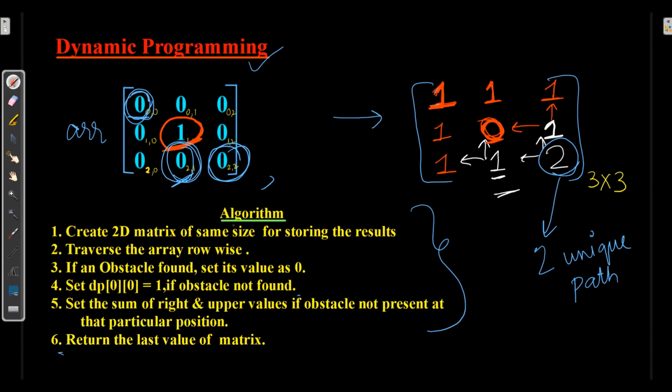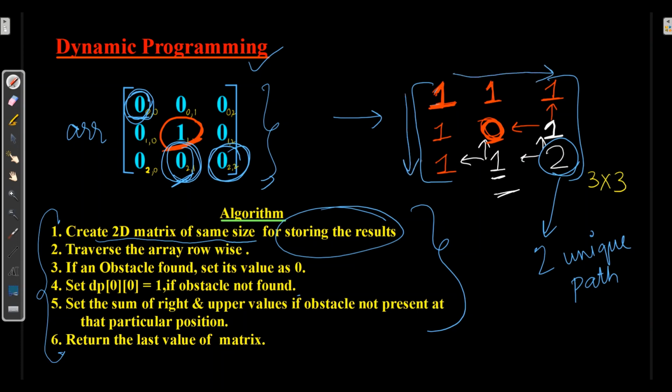So first of all, I need to keep these algorithm points in our mind. First, I need to create a 2D matrix of the same size as given in the array for storing the result, so that we can use it again and again. Then I will traverse the row size, and I have to fill the row element first, then the column element. Based on these elements, I have to fill the inner element of the matrix, and make sure if you find any obstacle there, you should make it 0.